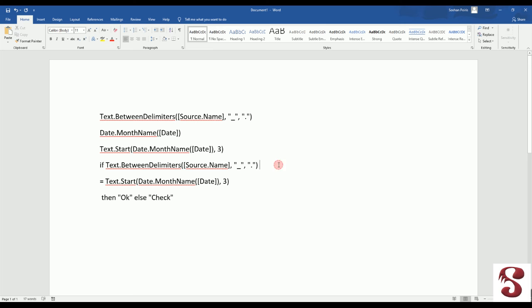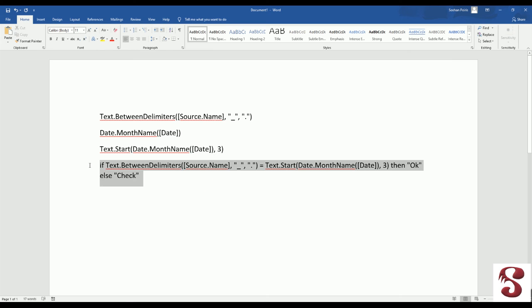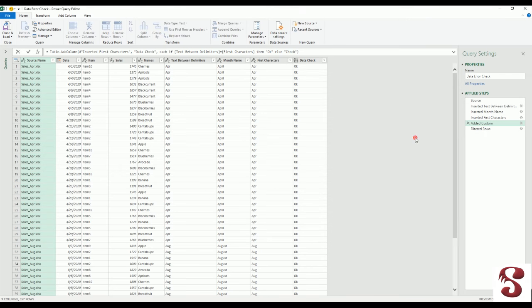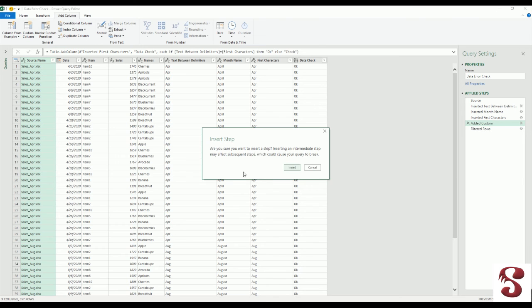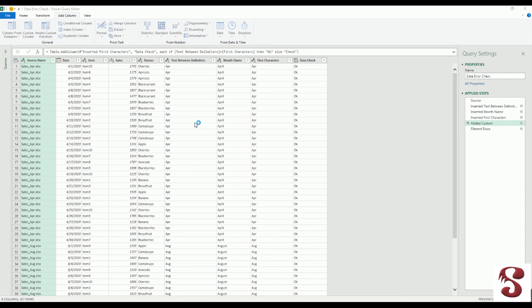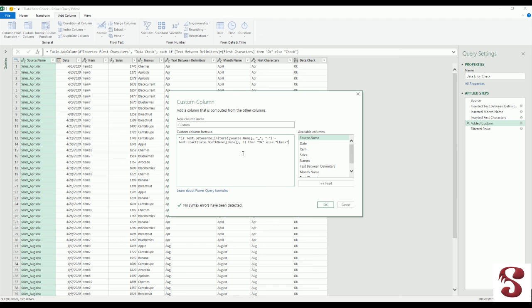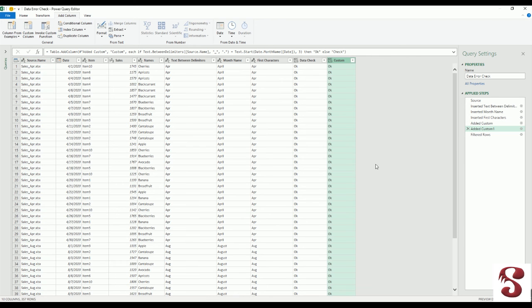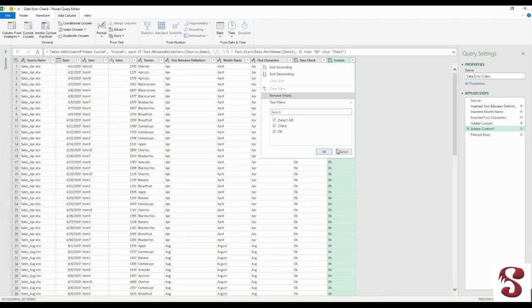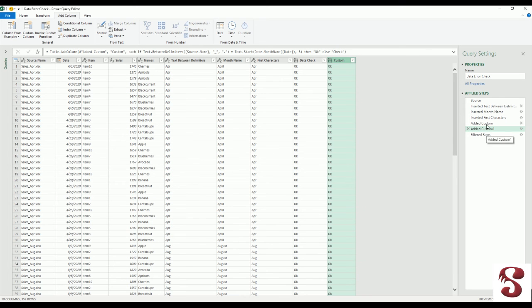Now it's just a matter of checking if it works properly. So I'm just going to clean it a bit. I'm going to add a new column. Just paste in the formula that we created. There are no syntax errors, and say OK. And there you got one simple command to